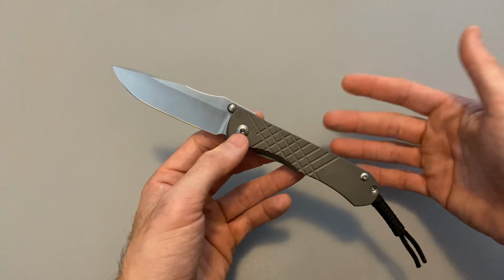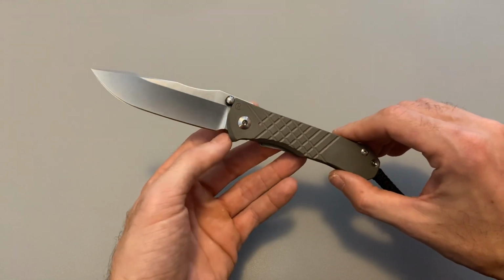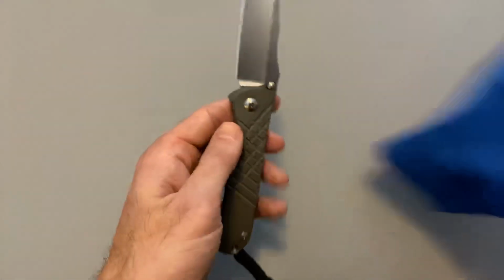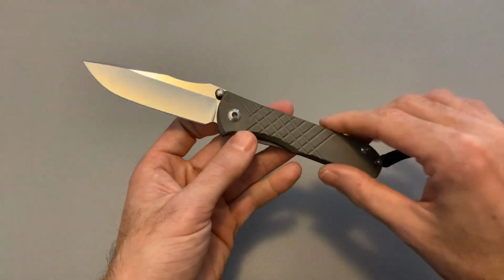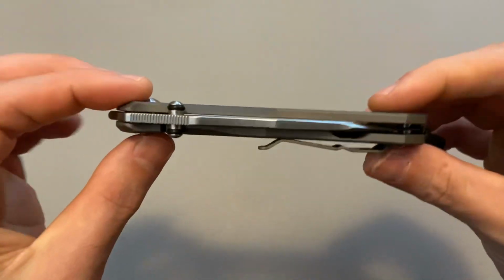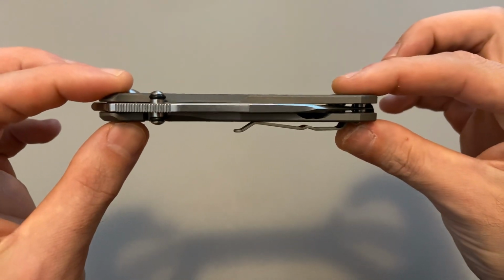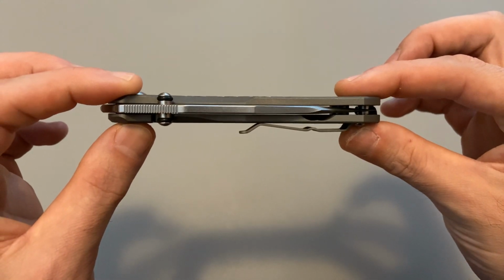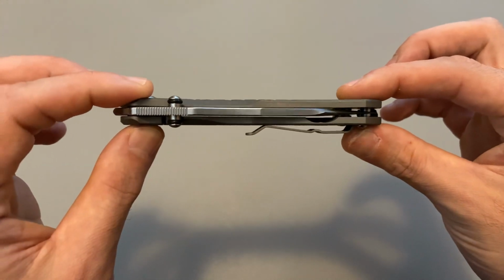But if you know Chris Reeves, which I'm sure most of you guys do, everything about Chris Reeves is perfection. And if it's not perfection, that's what he's trying for. And you usually see it. You almost always see it in his work and in his quality. When I first got this knife, before I even opened it, I just looked right here. And you have dead on centering. And the tolerances between the blade and the titanium scales, or not really scales, handles, are